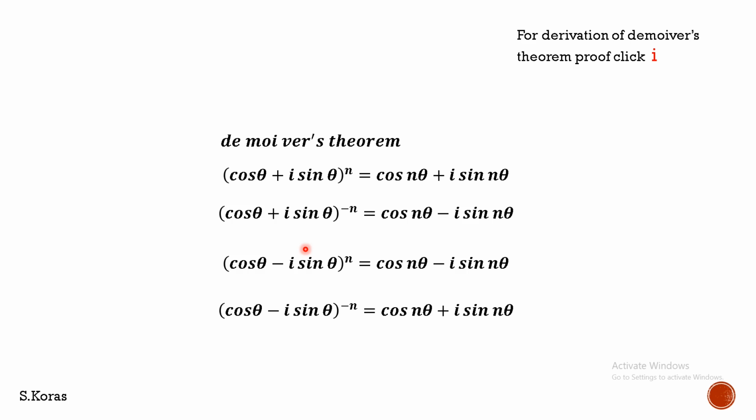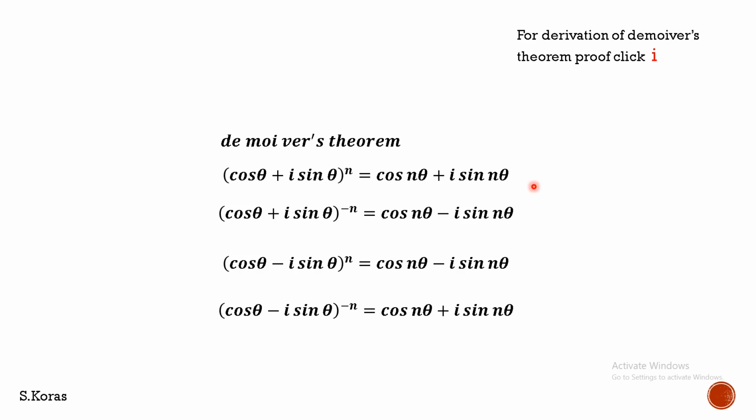Moreover, we must remember one thing. To do any de Moivre's theorem, we must know how to move from this power n to this result. Moreover, from this result, we must know how to come back to the power. So this is a very important thing. If you see here,